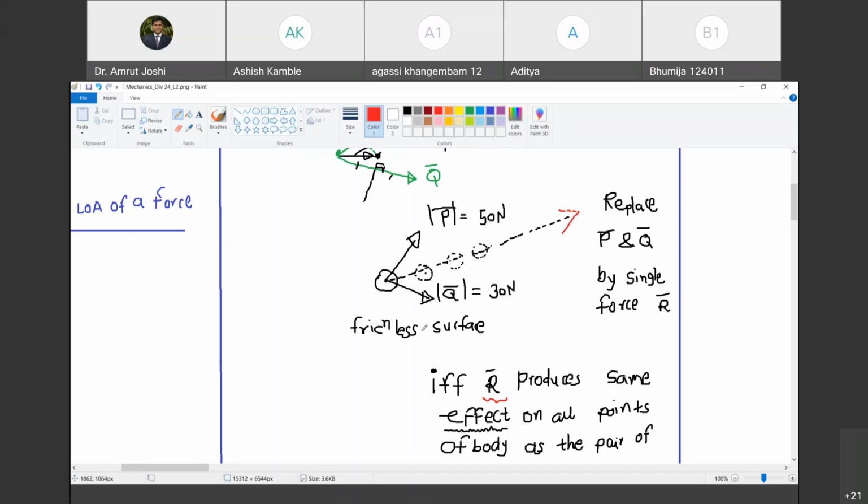Now, if R bar is the single force acting on a body, isn't it natural that the striker will move in the direction of R bar? Do you agree with me? Yes, sir. Therefore, by this argument, R bar must be oriented along this direction. So this is the R bar's direction. Do you agree with me? Yes, sir. And how did I obtain the direction of R bar? I did not propose any theory. I did not propose any geometrical construction. Nothing. I simply observed an experiment. Are you with me? Yes, sir.